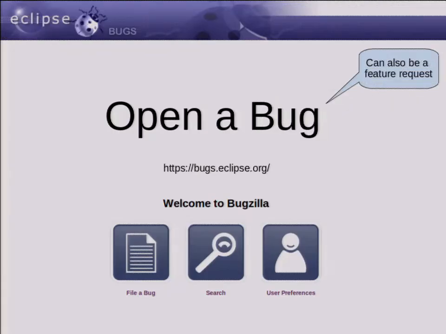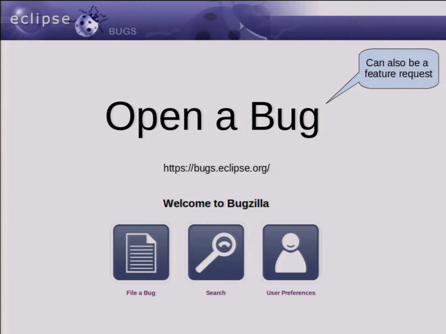The first thing to contribute to Eclipse is to open a bug, right? Describing a problem you are having or a feature you would like to see in the Eclipse IDE. And to my utmost surprise, if I go to customers and do my workshops, consultancy, whatever, there are typically people who have done 5 or 8 years of Eclipse RCP or plugin development. And typically within these audiences, it's rare that someone has opened a bug. The EclipseCon audience must be different, right? So who here has opened a bug already?